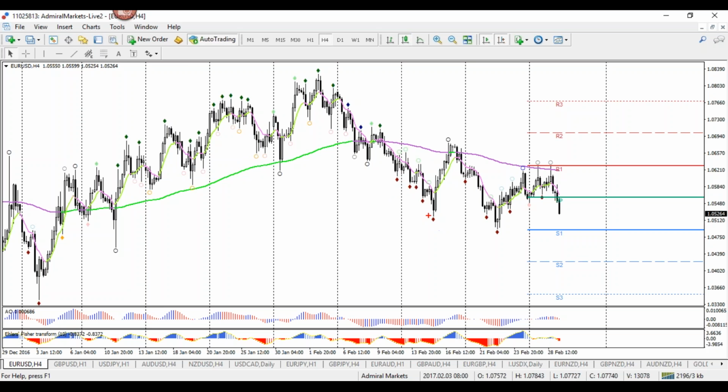Whereas red diamonds, sorry, indicate the downtrend, and the circles on top indicate the strong resistance, and looking for follow-through to the downside. So it's a quick visual guide, and